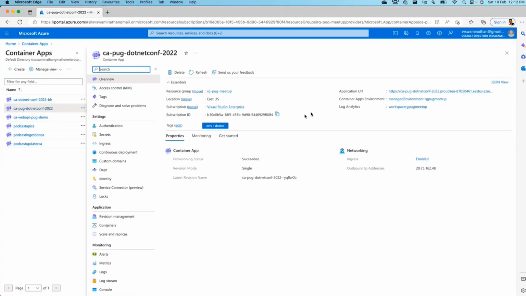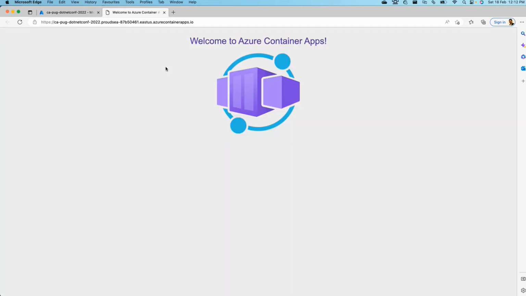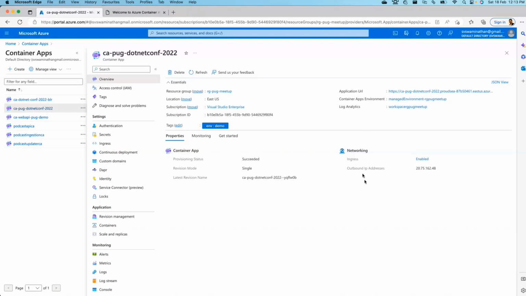So the moment you create the quick start project, you will get something like this. Welcome to Azure Container Apps is the quick start image that is being run. Basically, if I create that, you will get that. And this is the public ingress, right? We have enabled the public ingress, so it automatically comes up with this random name. This is your container app name that we have given, suffixed with some random name, and the region and azurecontainerapps.io, right? This is what you will get, and as you can see, this is the managed container app environment and the log analytics workspace from where we can go and